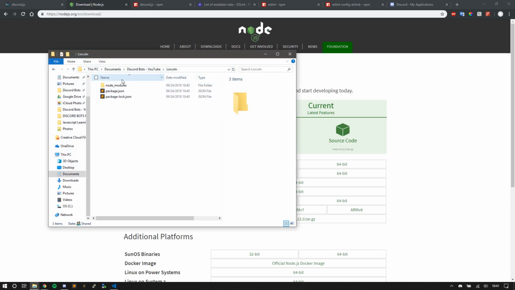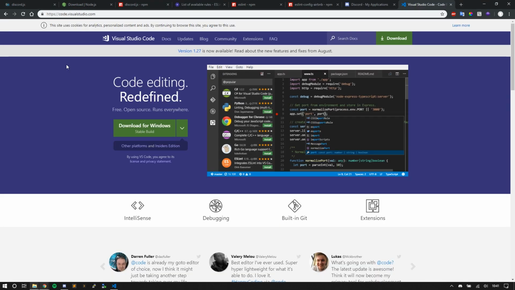The next thing I'm going to talk about is an IDE. An IDE is short for Integrated Development Environment. You can work on your projects in these types of applications. Here specifically I'm using Visual Studio Code, and this is what I will be using throughout the series. But you can also use your own, such as Atom or any other IDE. Whichever one fits you personally, you can probably use with JS, but my preference is Visual Studio Code. I've used that since the beginning.